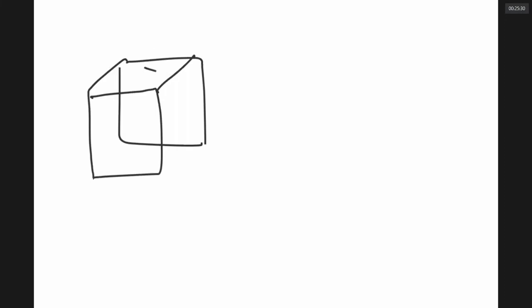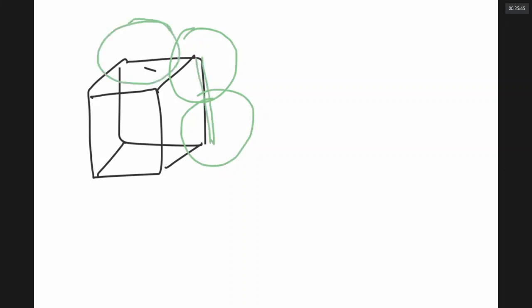Let us use light yellow color. Okay. Sir, here I want to show you. This sphere is touching this sphere. This is equal to 2r, sir. This sphere is touching this sphere. This sphere is touching this sphere. I can extend, right? What is this edge length of the cube equal to, sir?